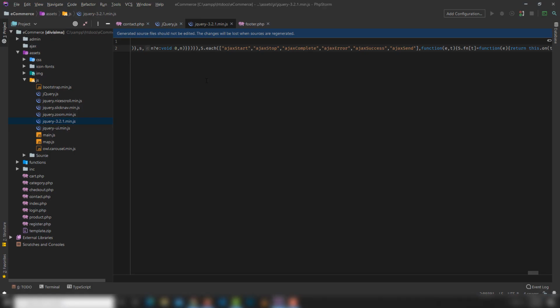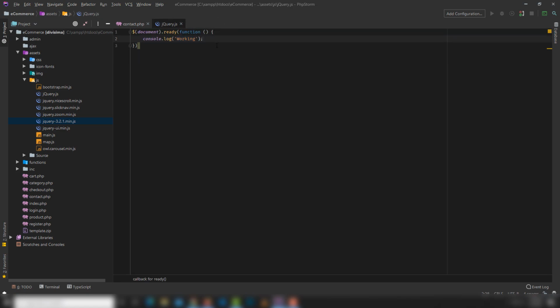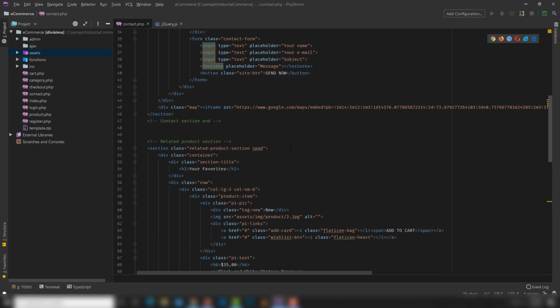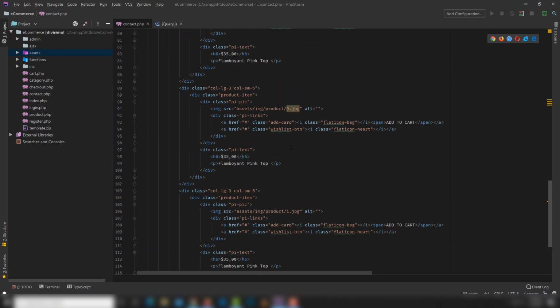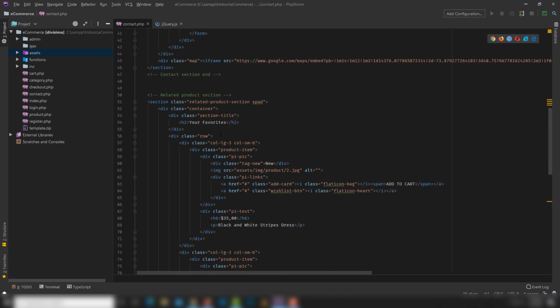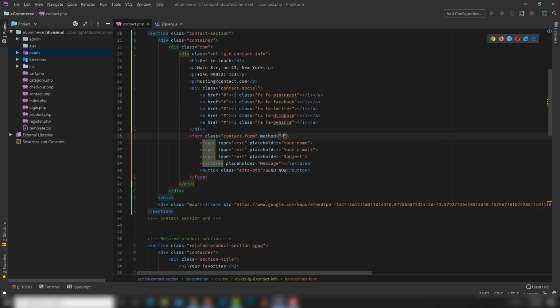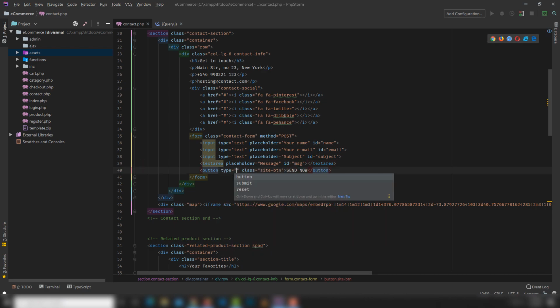Ajax. So I'm going to show you how you can do that. Close this file and also the footer file. So the first thing is go to the contact.php file and find the form. Where is the form? It is right here, as you can see. So the first thing, I'm going to assign method post, and you need to assign the IDs: name, email, subject, and this one will be MSG, message. Now you also need to assign type button, or you can use submit as you want, and